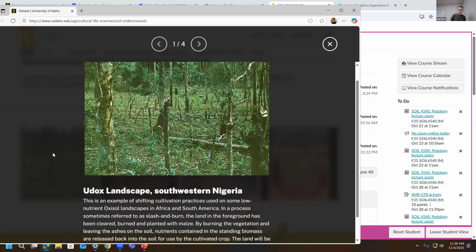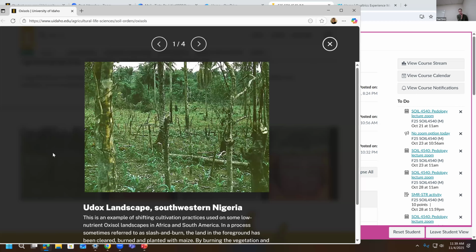In Africa, a udox landscape, shifting cultivation practices for low nutrient oxisols is a big environmental, global land management topic. You could say we know these oxisols have low inherent fertility, so in order to grow enough food and produce for a lot of these really subsistence farmers, really small scale agricultural operations, it's a lot of slash and burn. So developing new land into agriculture,